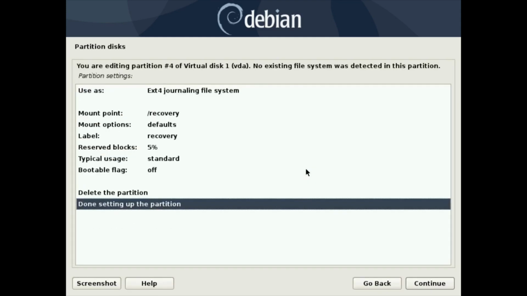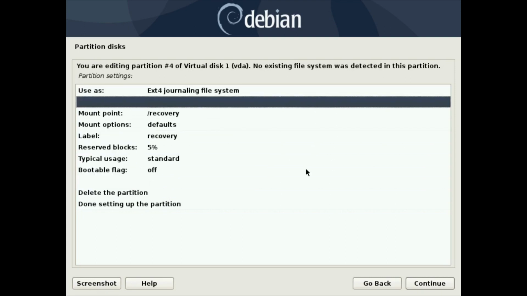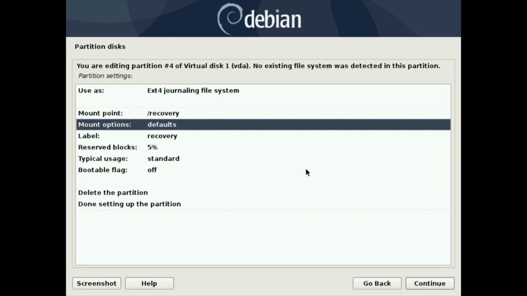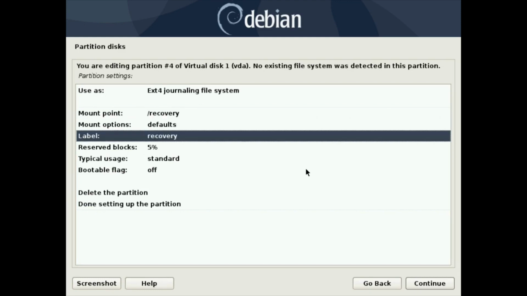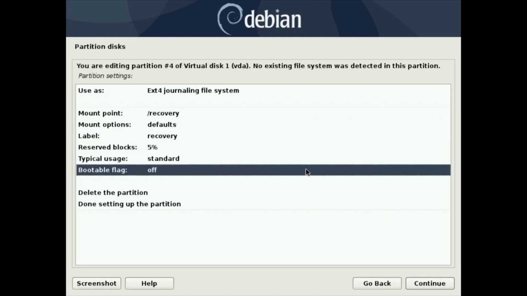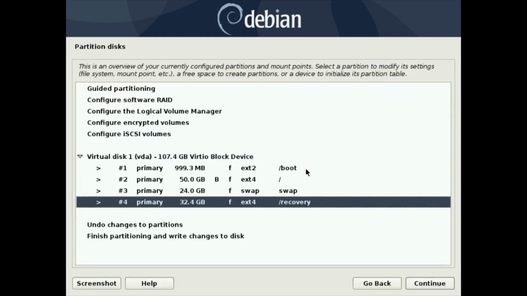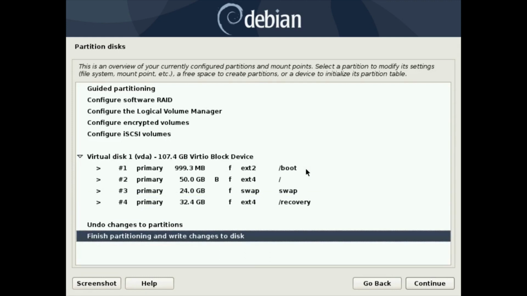And then we have recovery, ext4, which is what we want. Mount point is at recovery. Mount options, yeah, we don't have to worry about that. Labels recovery, bootable flag is off. And then select on setting up partition. And when you're happy with the way everything looks, just select finish partitioning and write changes to disk and hit